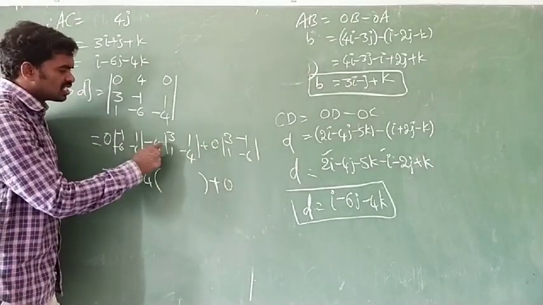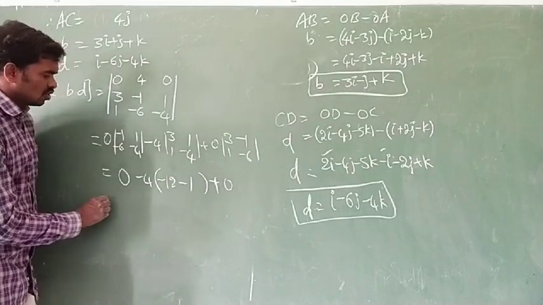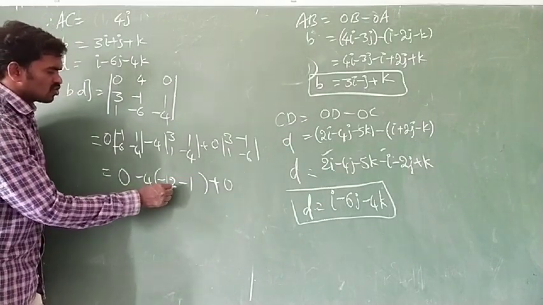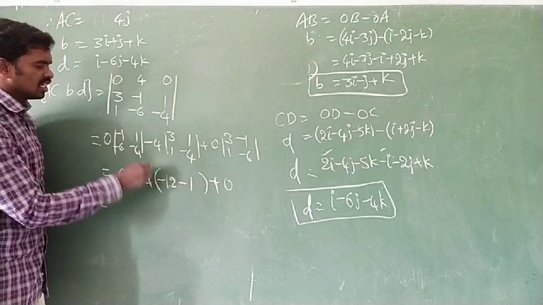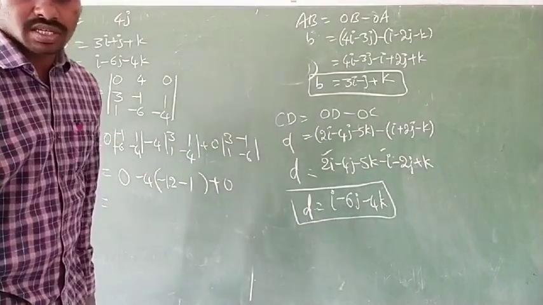Here minus 4, 3 into minus 4 is minus 12, minus 1 into 1 is minus 1. So minus 12 minus 1 is minus 13. Minus 13 into 4, how much? Minus 13 into,